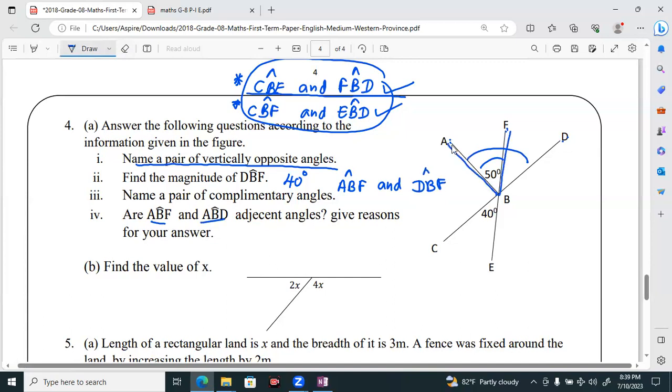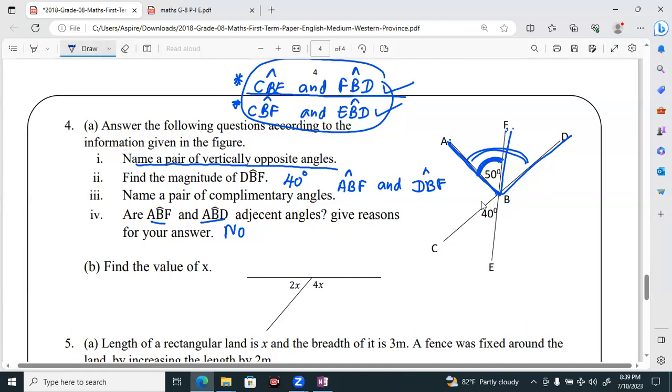ABF and ABD are adjacent angles. The answer is no. Sorry. The answer is no. What is the reason? You can identify that. Here, look at